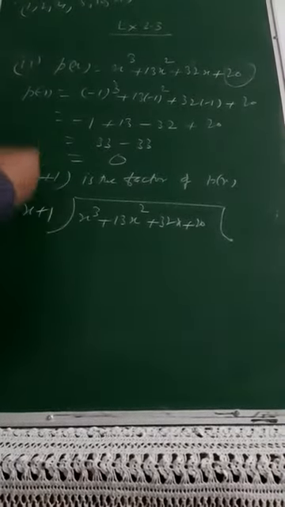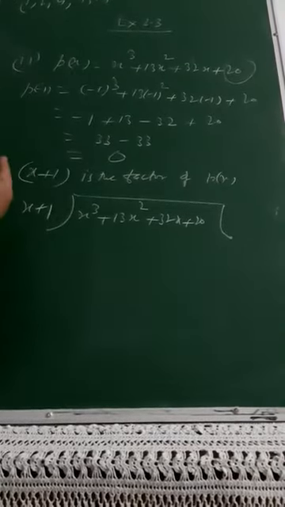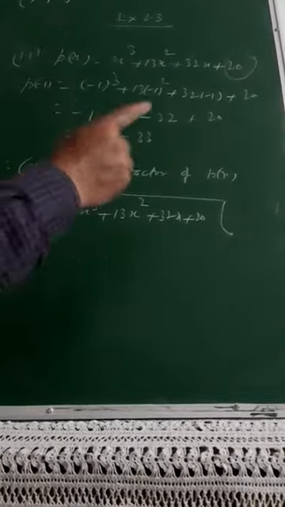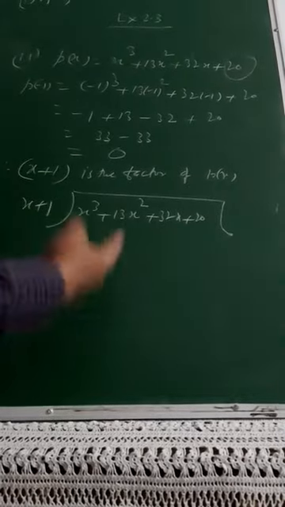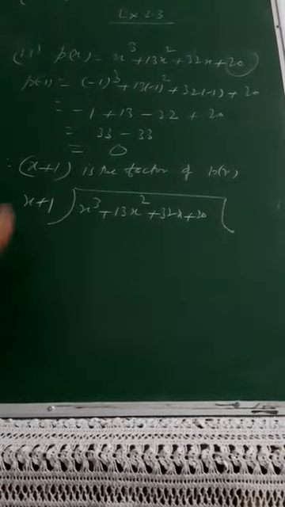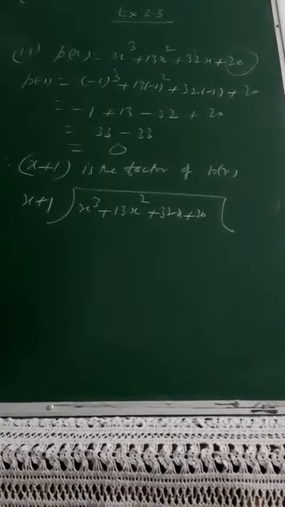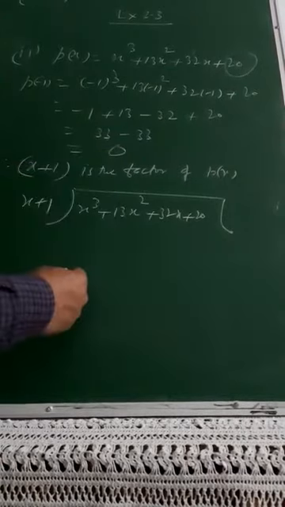So x plus 1, why is it x plus 1? Because it was minus 1. If it will be plus 1, then it will be x minus 1. Please make a note of that also. Now this method I shared with you yesterday, how to go for long division. Always write the polynomial in standard form and keep on cancelling the higher degrees.